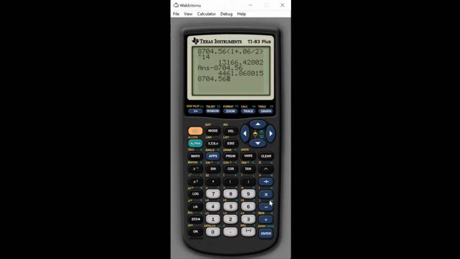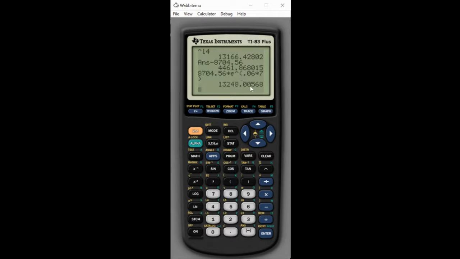8704.56. And then remember, we had the times and we had an E. So I'm going to go second, ln, here's my E, right? And then we had 0.06 times 7, because that was in my exponent. I'm going to close that off. And so the number that I'm coming up with here now is